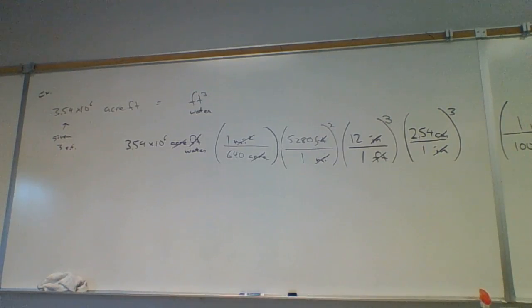So doing the numbers, I got 3.54 times 10 to the positive 6, divided by 640, times 5280 squared, times 12 cubed, times 2.54 cubed, divided by 100 cubed equals